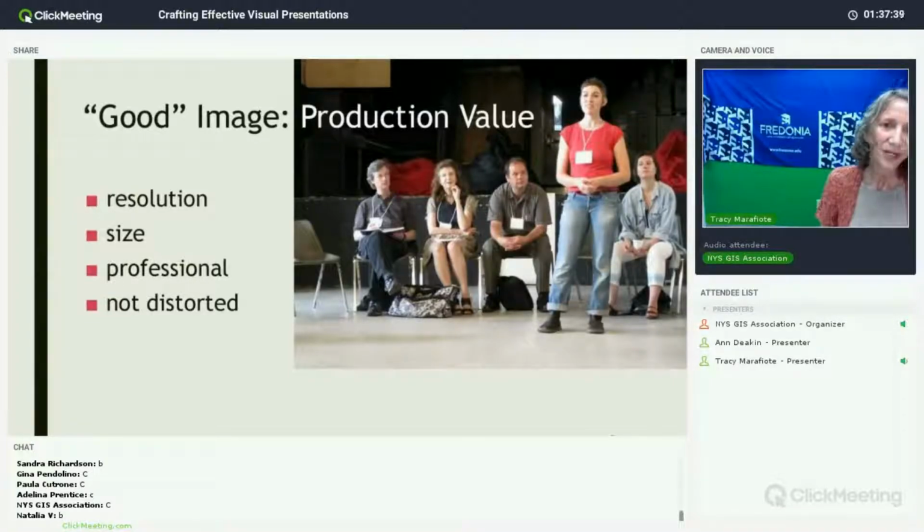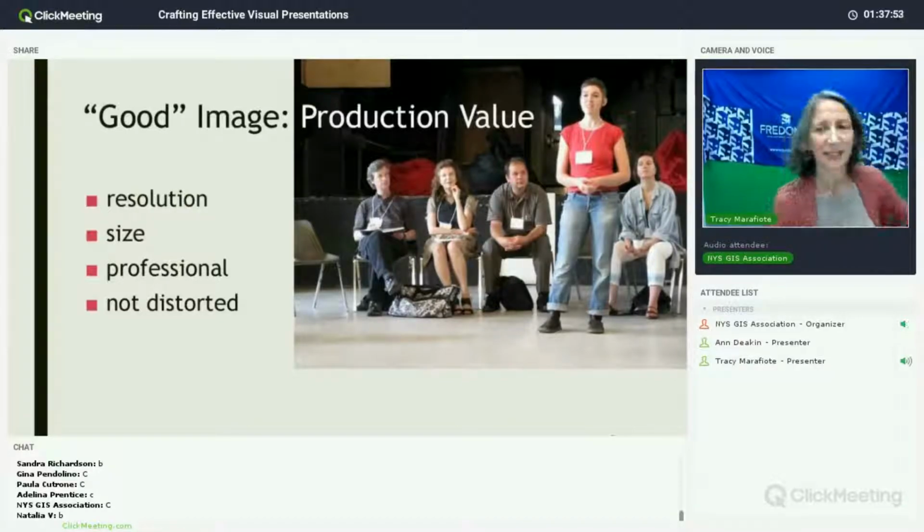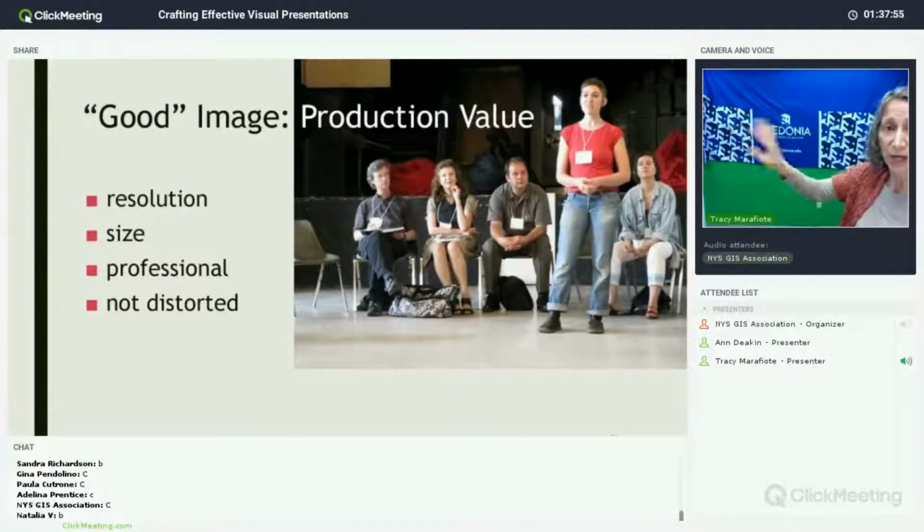This is a really difficult one. So if we look at it just from terms of production value, you want to make sure that you have something that is a high resolution so that when you put it on your slide and you show it to your audience, especially in the case of a classroom or something where you have a slide, I keep using this hand and I realize it's not on the screen, but if you have a slide that's projected behind you, you want to make sure that it's not going to be pixelated. You want to make sure that it's adequate size for what it is that you need and that you're representing it well enough that the audience can see it.